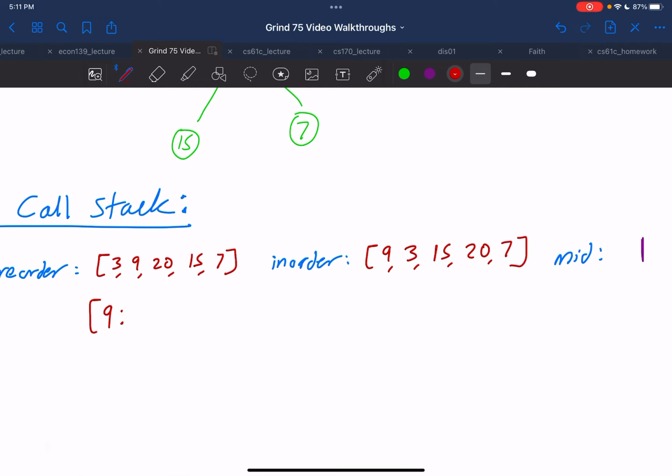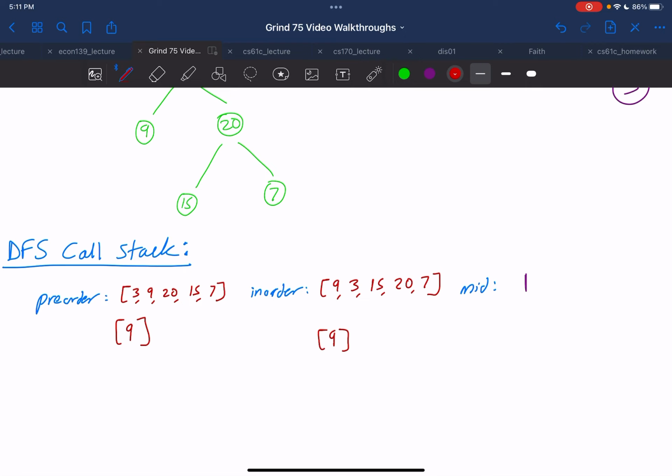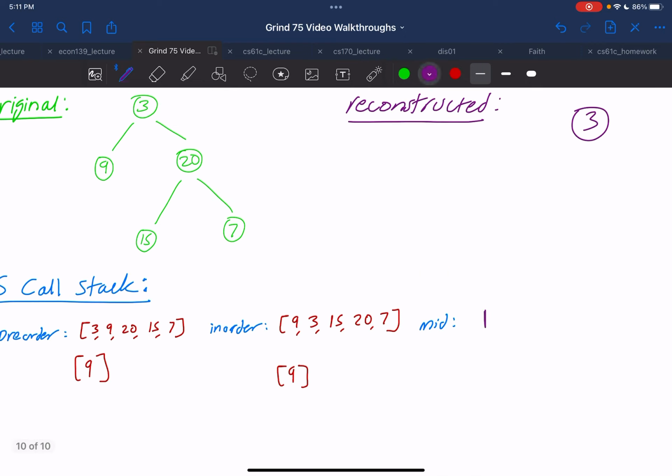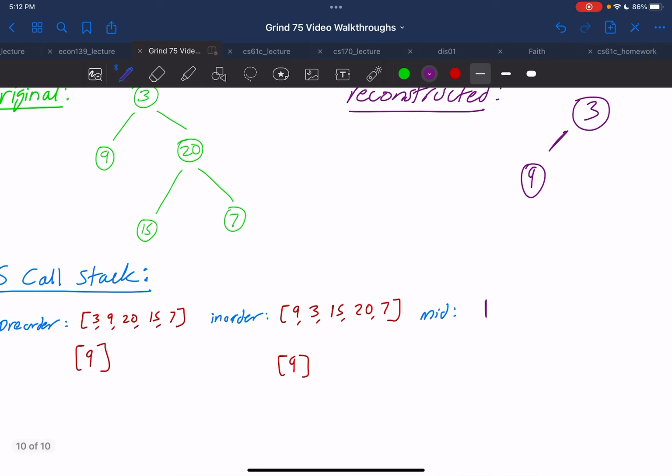However, because the right index is exclusive, it would simply just be 9. And then for the inorder list, it's just anything below 3, so we just have 9. And now we have a new recursive call with the preorder of 9, inorder of 9. So this one is pretty straightforward. It would just be a node of 9 here,